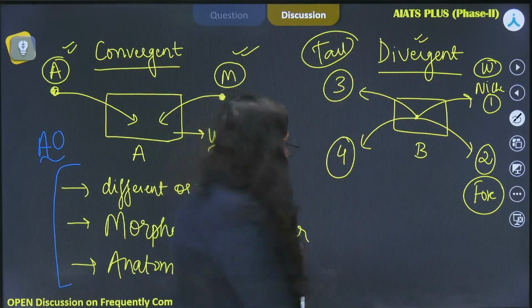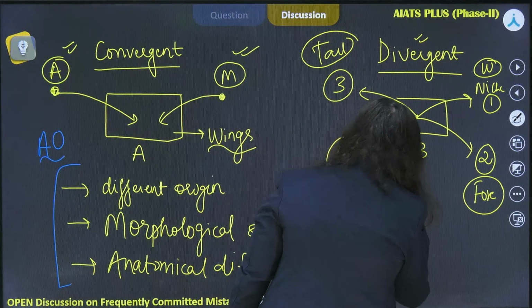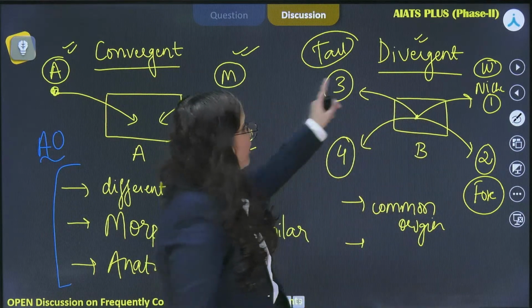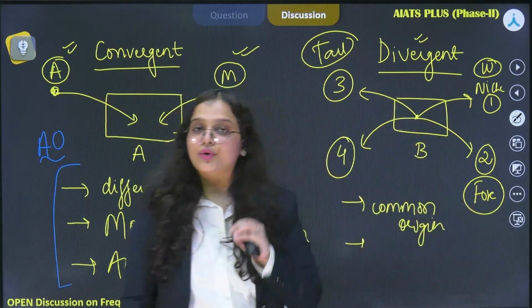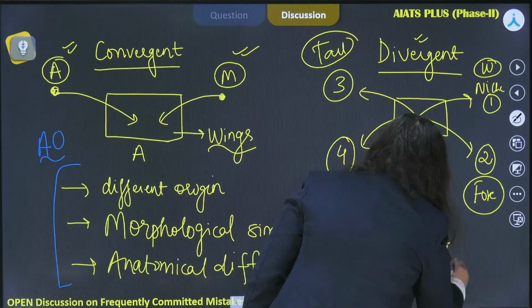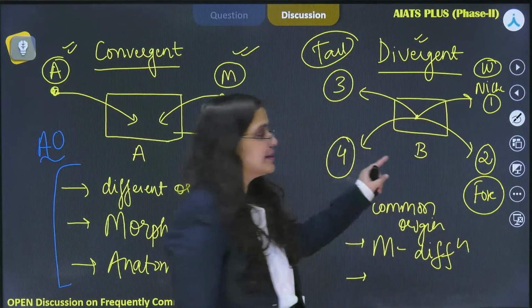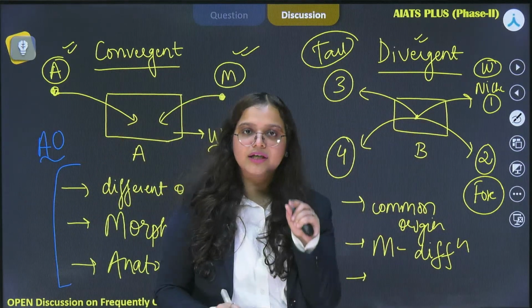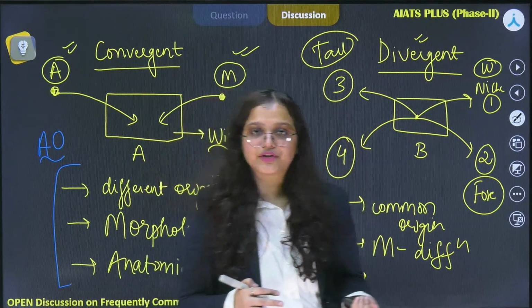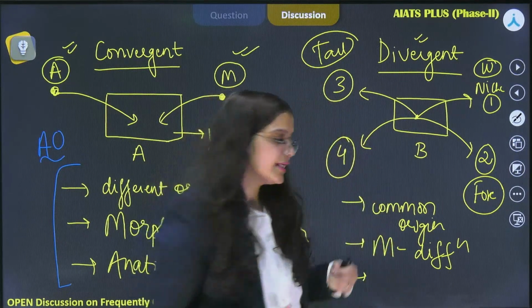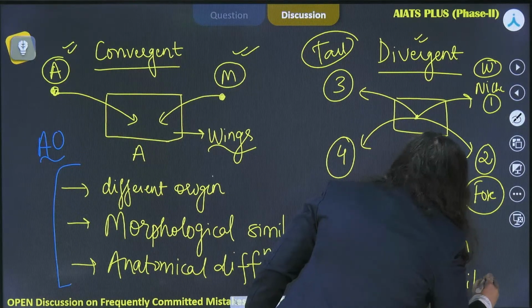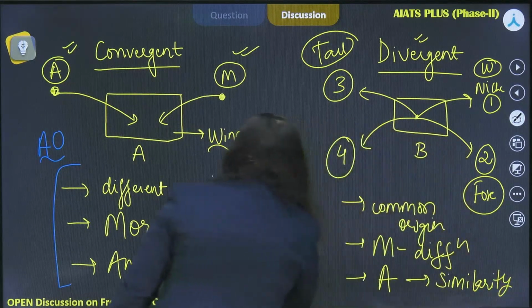So basically we have a common origin, and all tail, wings, forelimb, they will all look morphologically different. There is a morphological difference, but anatomically, since a similar structure got modified in different directions due to adaptation to different needs, they will have anatomical similarity,